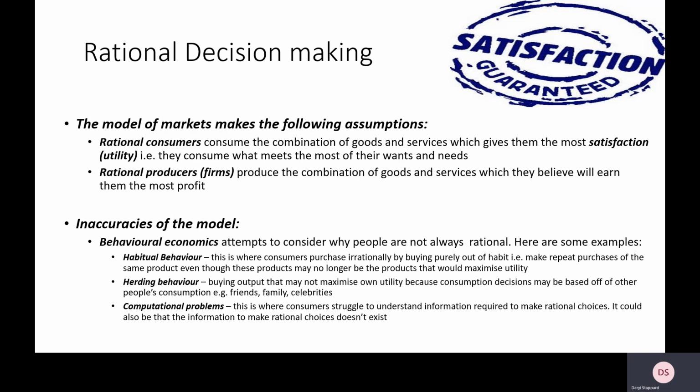The final one is something that we call computational problems. And this is when you buy complex goods and services. Now, with these, it's very difficult to work out all the benefits and all the costs of these products. And that makes it very, very difficult to be rational. So a good example could be going to university. When people go to university, they don't always fully understand all the benefits of going and doing a degree. They might not fully understand all the costs and all the implications of going to university. So if they're not able to put value on these different benefits and costs, then it's very, very difficult to